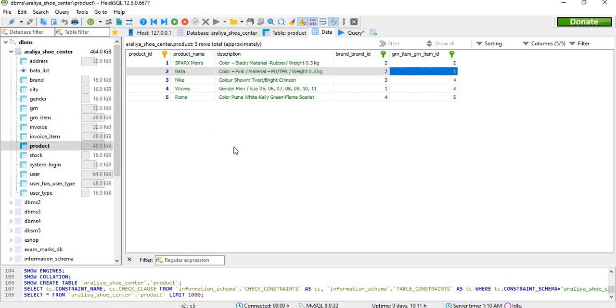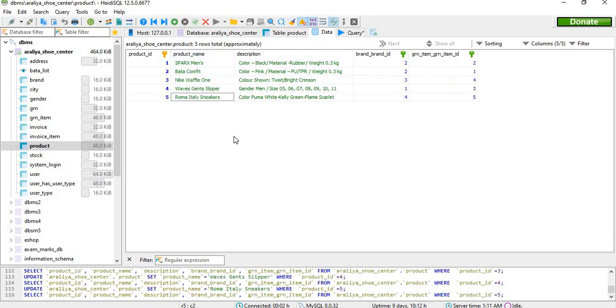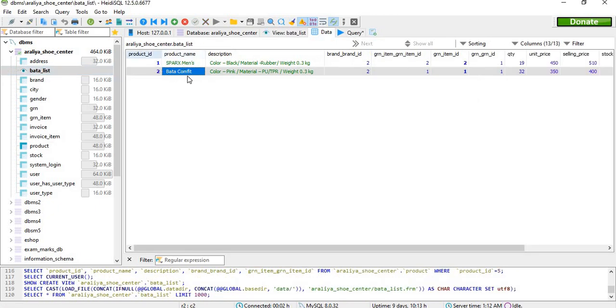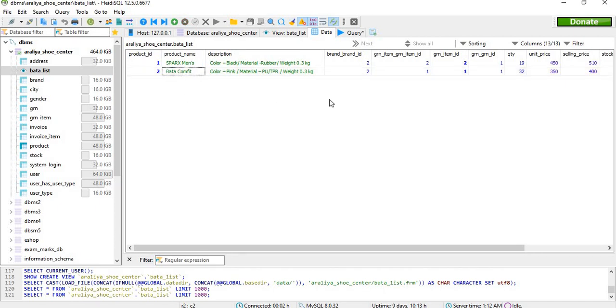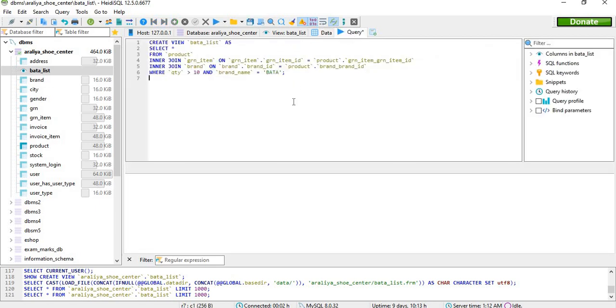Here there's a small mistake. There was an error in inserting data. I have only entered the brand, like here Bata, without entering the company. So I made that mistake. Now the result is okay. Now for Bata the quantity number is 32 and Sparksman quantity number is 90. So the query has been successfully executed and the Bata list view is also there,